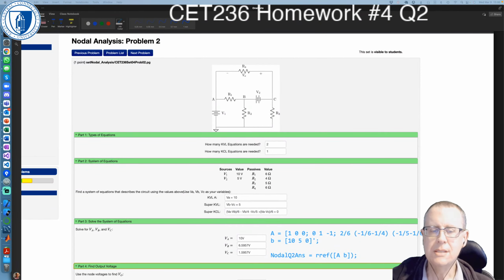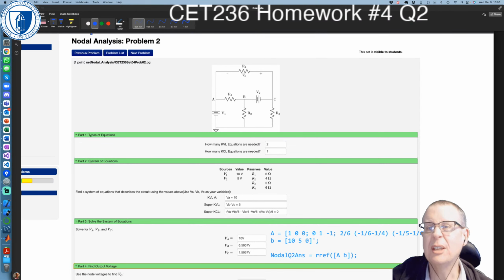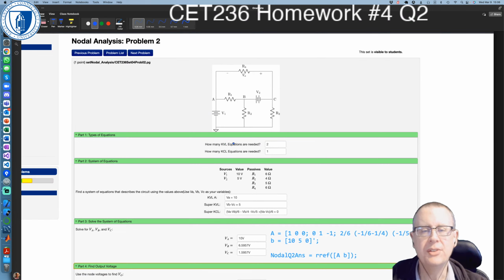Okay, this is problem 2 in homework 4 about nodal analysis, and here's my version of that. Your version will pretty much be the same, but just with some different numbers. So first thing we've got to figure out is what sort of equations we need, and remember we're doing nodal